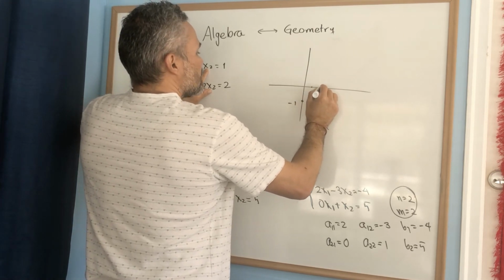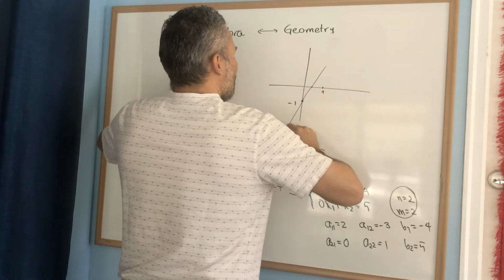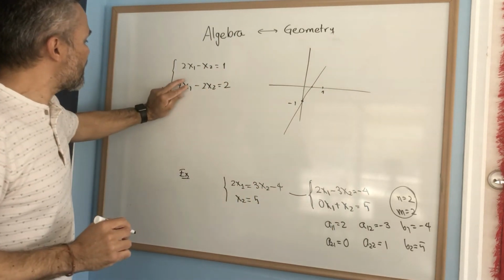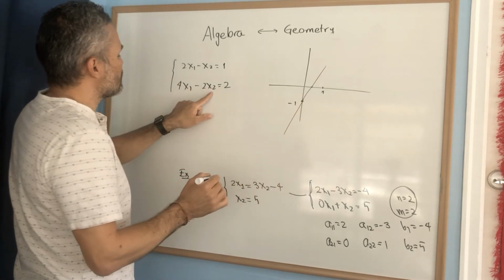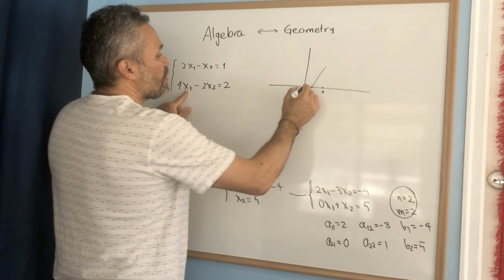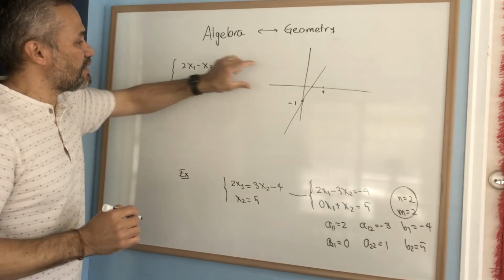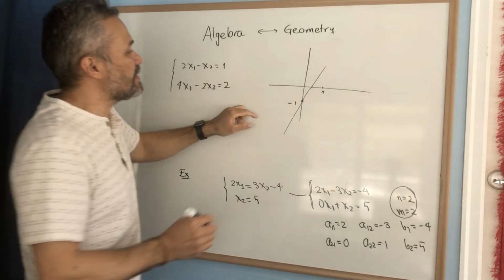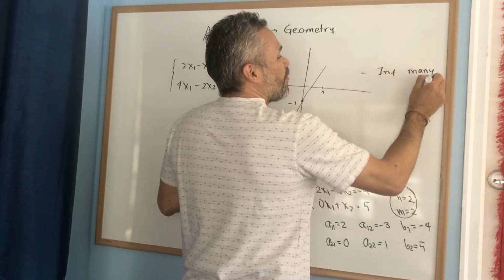Right here, this is 1, and this is 1/2. Then we have this line. For this line, if I make x1 equal 0, then x2 is negative 1, and if x2 is 0, then x1 is equal to 1/2. We notice that both of the equations are the same. That means that in this case we have infinitely many